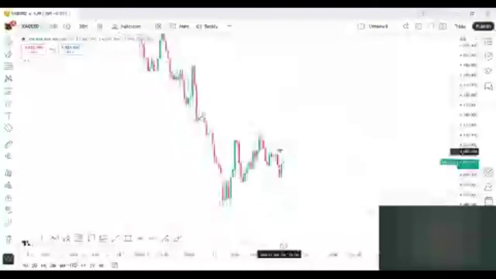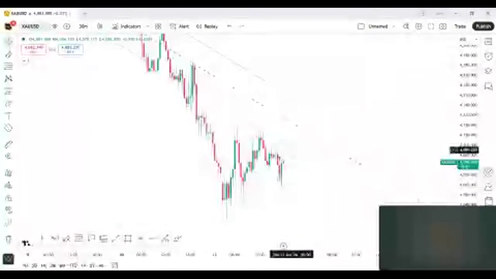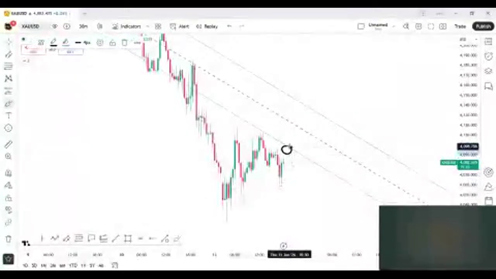Otherwise, when the market gives you this type of area, this zone, you can look for a sell. If the market comes to this area, you can look for the sell. These are all selling trades. So again, I'm sharing: the first sell will be over this area, but this sell will not be the strong sell.